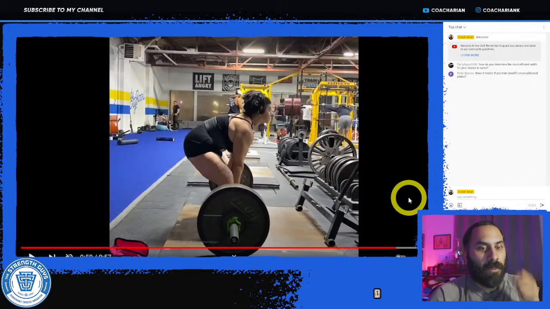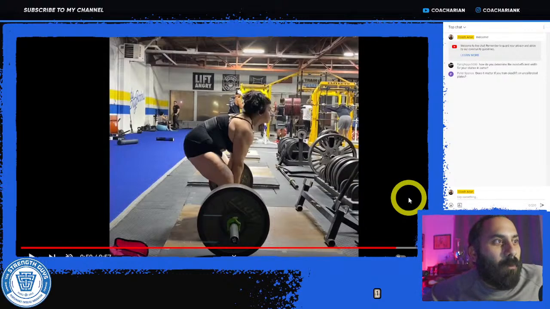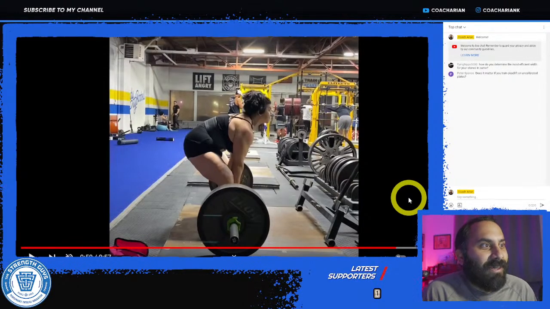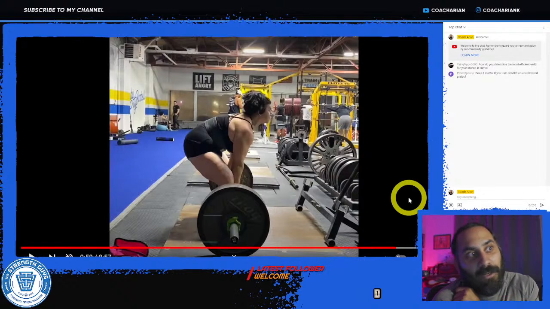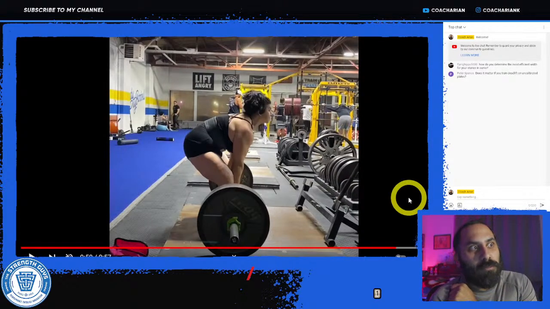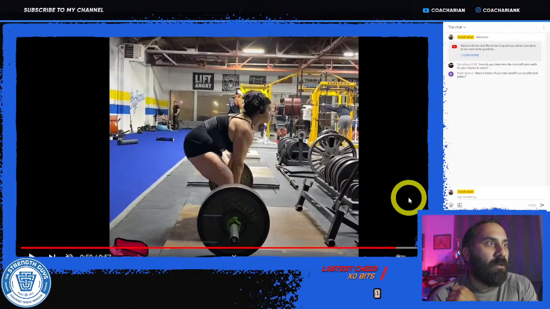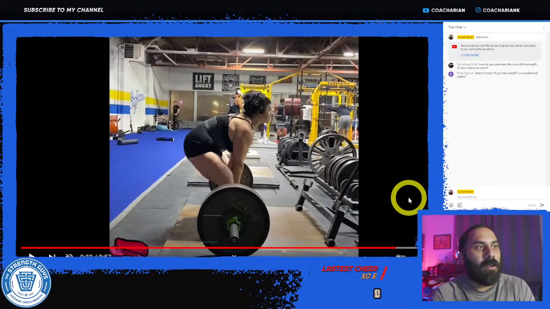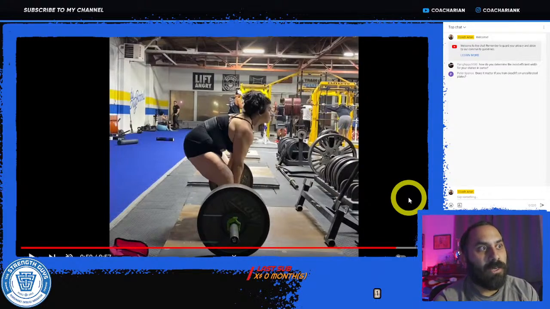right around there. Okay, I would say this is probably not the most efficient looking starting position for a deadlift. Now, the bar is over the middle of the foot, the bar is touching the shins, the shoulder blades are over the bar, the hips are higher than the knees, even the shoulders are still a little bit higher than the hips. The lower back is fairly neutral, a little bit rounded going into mid and upper back, but the hips are pretty high, the legs are pretty straight, and it's going to be hard to use quads coming off the ground here. So I would say, okay, maybe this isn't the most efficient width for her sumo stance.